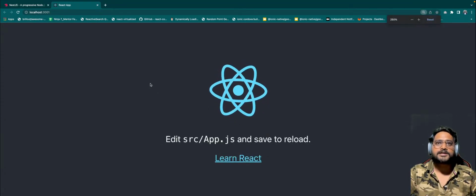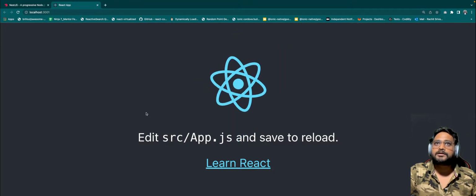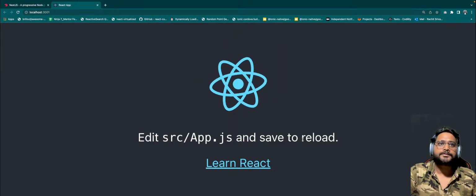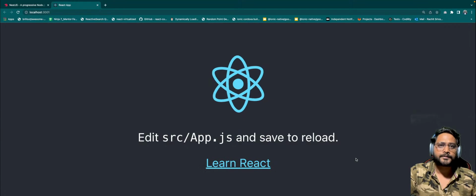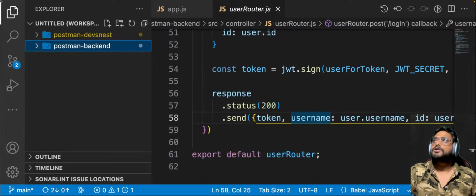This is the basic React app that you get. An icon, a rotating icon, some text, and a link. Okay. If you go to the code,